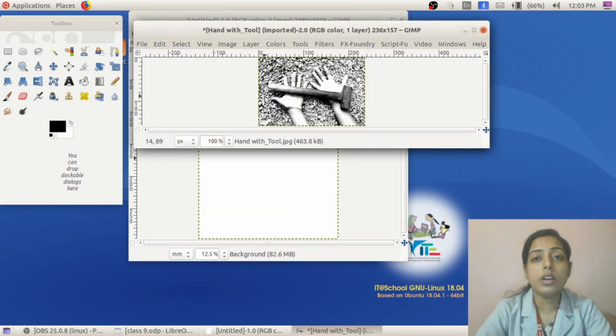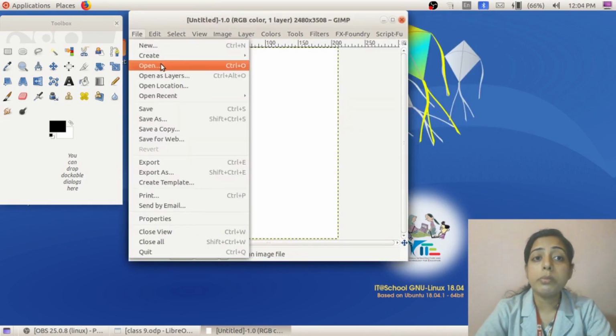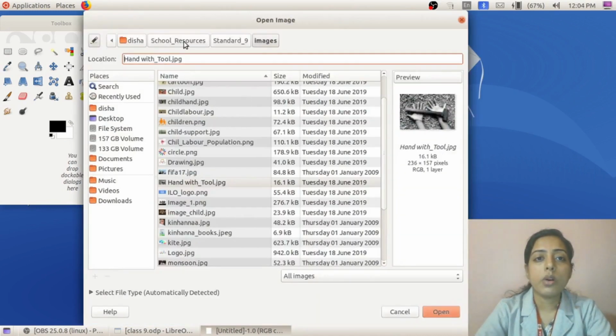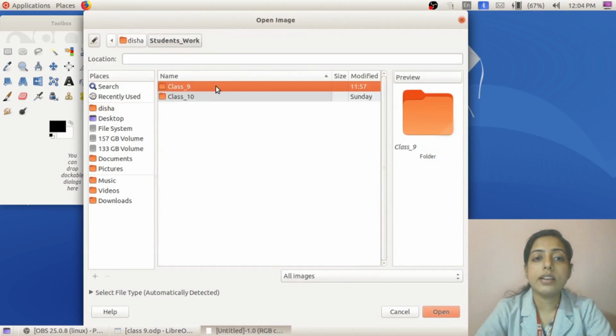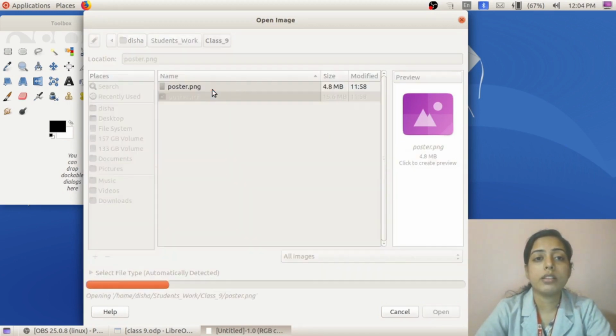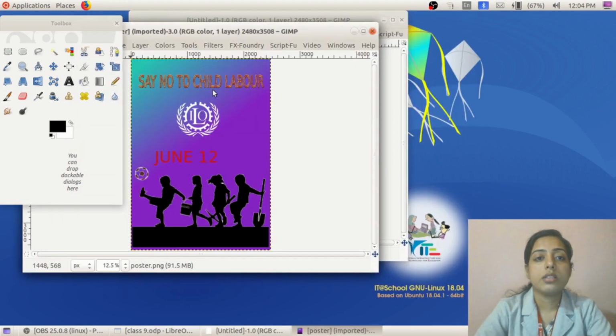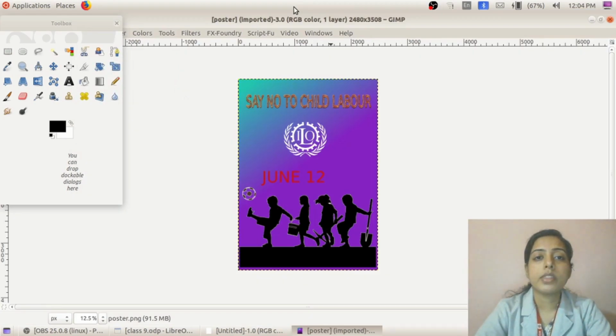So this is your next activity, changing the picture clarity, and I'll show it by using our poster. So file, open our poster from students work, standard 9, poster.png. I'm opening a PNG format, not XCF, image format. So I have opened this.